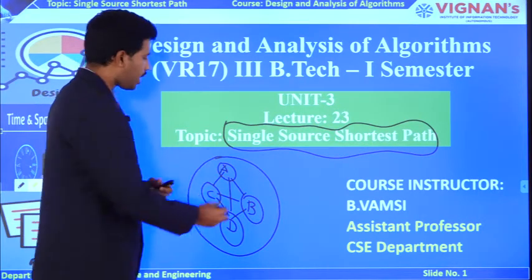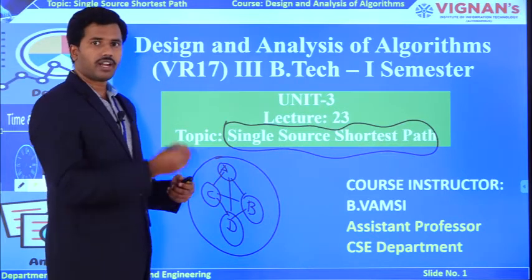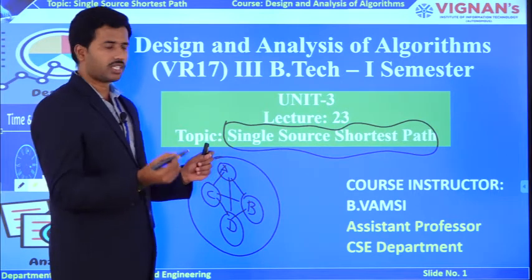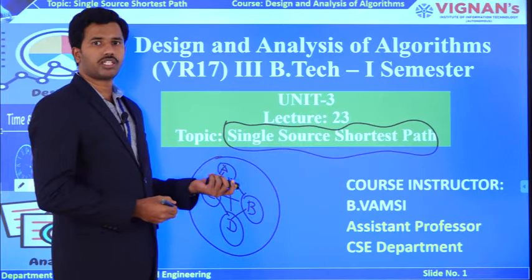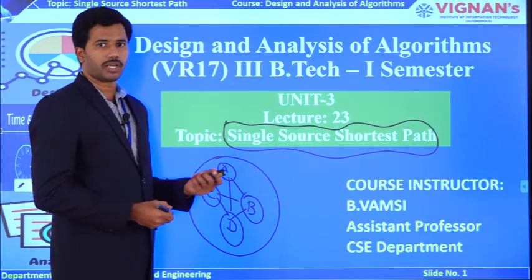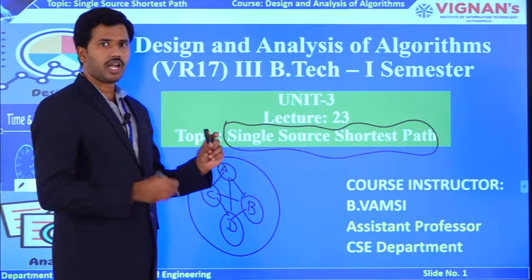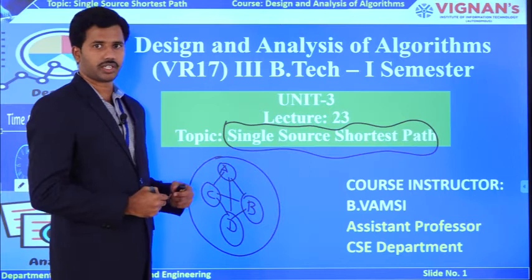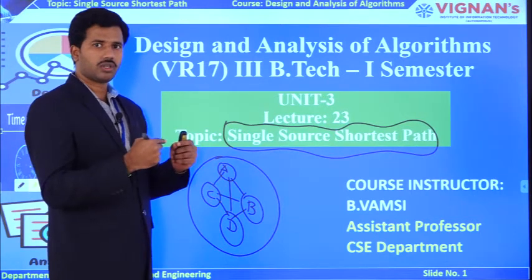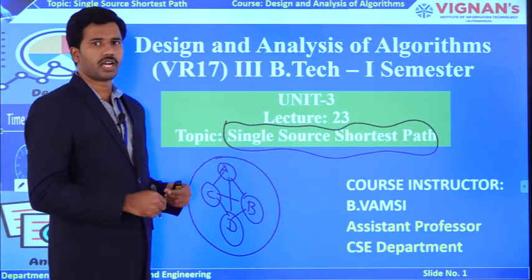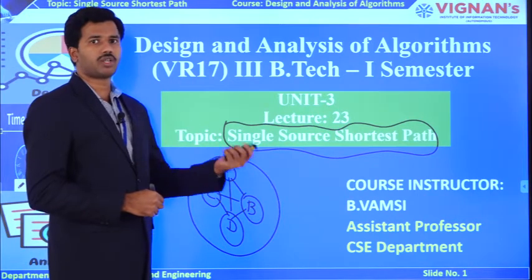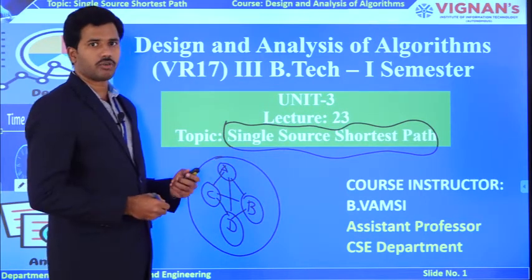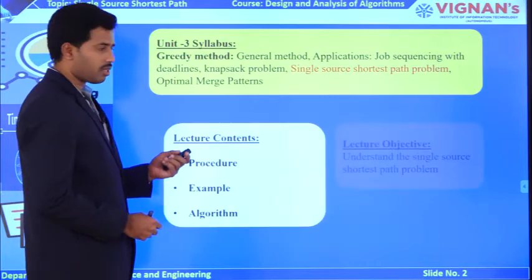So here you need to trace all the n vertices. For every iteration the source is fixed, only the destination changes. That is the main theme behind single source shortest path, to get the optimal path or the best path. Here I am fixing the source, and the remaining vertices in my graph act as destination vertices. If you change the source for every iteration, that concept comes under all pair shortest path. To learn all pair shortest path, single source shortest path is very much required. So this is your unit 3 syllabus.